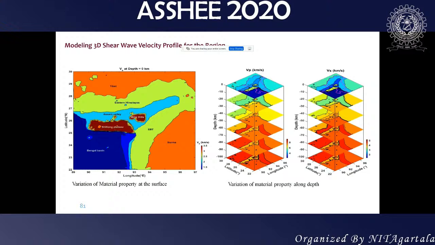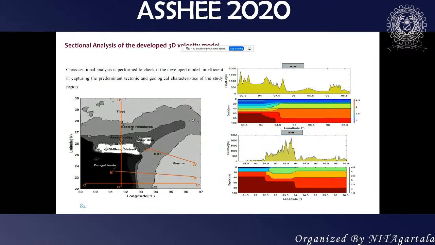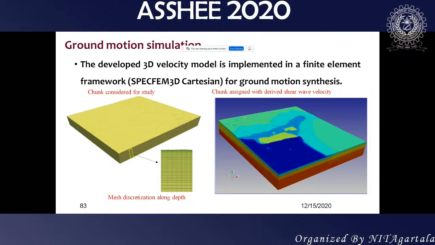At the surface level, the Shillong Plateau and Mikir Hills have very high shear wave velocities when you compare with the Assam Valley, which is a typical basin, and then the Bengal basin, where you also have a huge basin type of structure. I'm showing you the VP variation and VS variation in 3D with depth itself. So we have developed all these models even for northeastern India. And then we have even validated them with several sections from the geology, like how the shear wave velocity varies in the Indo-Burma subduction region. We compared with all these variations, several sections, and calibrated with geology as well as the receiver function analysis. And finally, we developed this 3D velocity model.